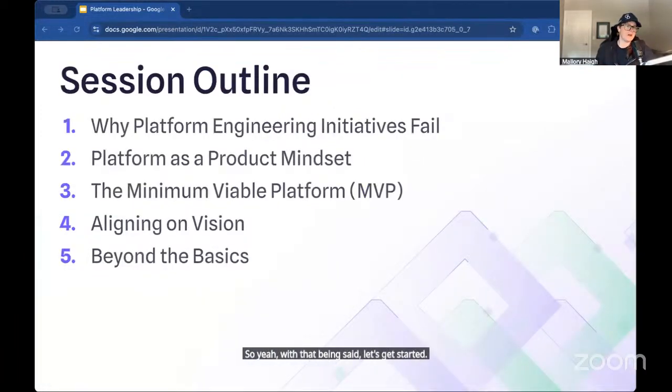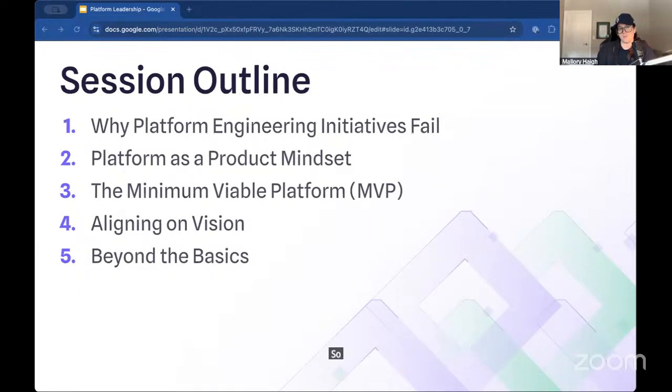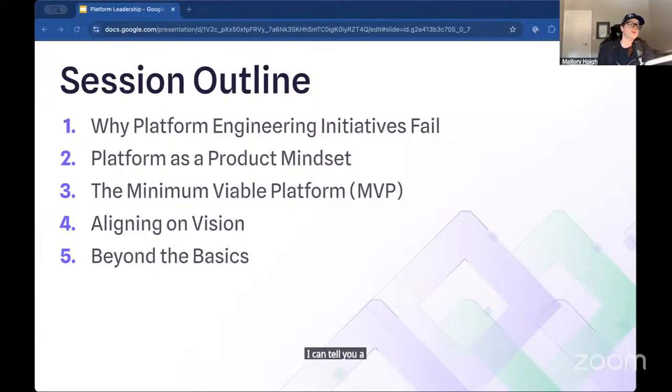So I want to talk about 5 key things today to give you a real piece of best practice for leadership inside of the platform engineering space. So the first thing is I want to talk about why these initiatives fail. I see this a lot. This is where the platform therapy comes in. I can tell you a lot of things that can go wrong to help you learn how to avoid hitting